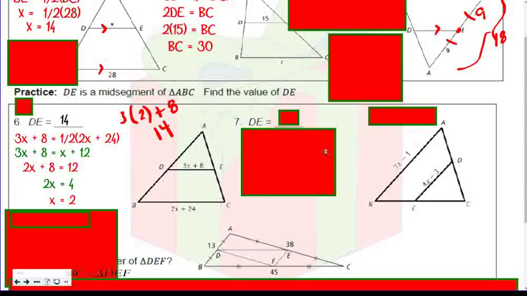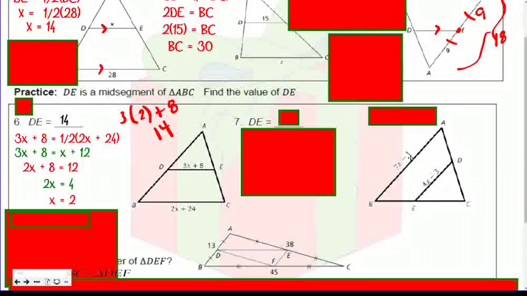Now, keep this in mind when you're setting this up. Since DE is half of AB, but if you notice, AB is 7x minus 1. Well, I don't want decimals. When I take half of 7, I'm going to get 3.5. When I take half of 1, I'm going to get 0.5. I don't want decimals. So remember, if it's half of something and that something is not even numbers, then maybe